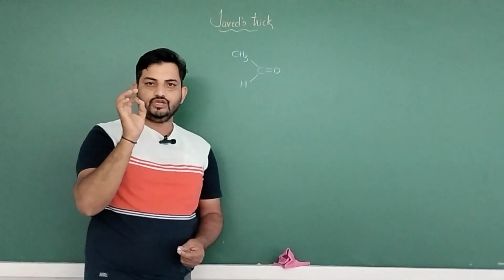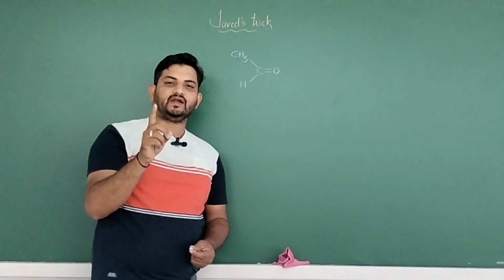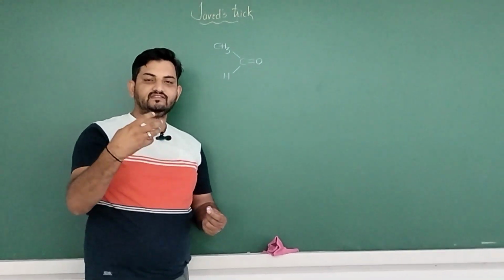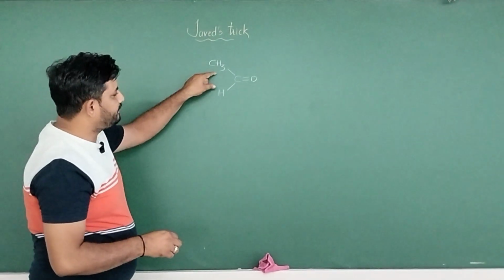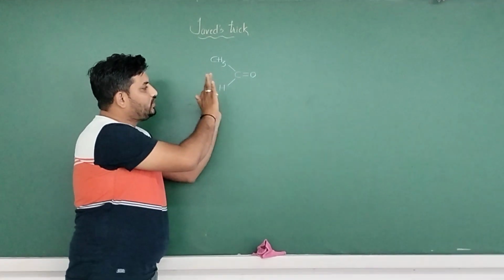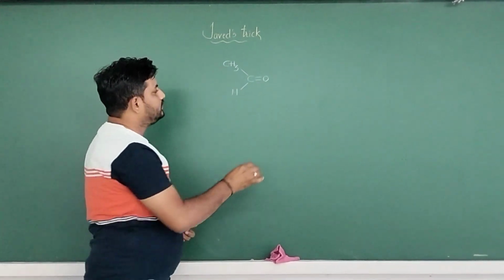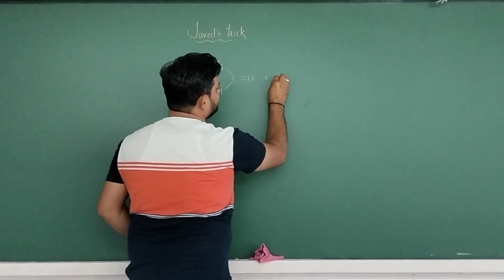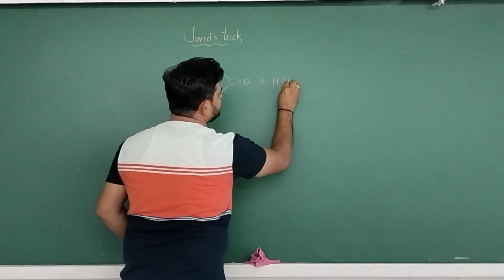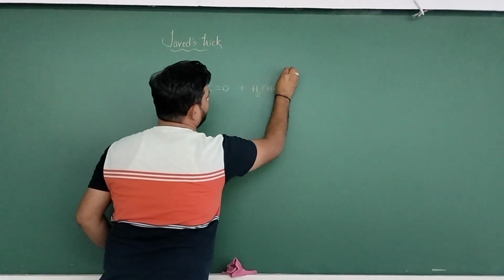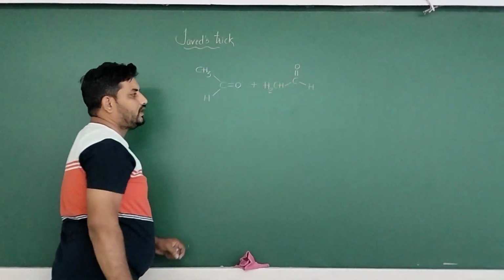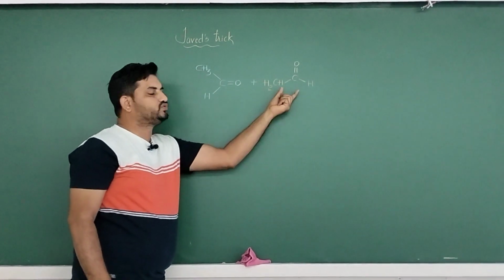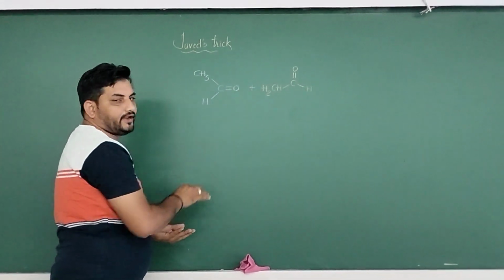Well guys, stereochemistry plays a very important role in understanding the product. Now what is stereochemistry? It is the way in which you write the reactants, the representation of the reactants. I have written acetaldehyde such that the oxygen atom is exposed. Let me write the second mole of acetaldehyde in this particular format. I know that it is CH3 C double bond O H. A bit of change in writing CH3: I have written it as H2CH. I hope you understood what I am trying to do over here.